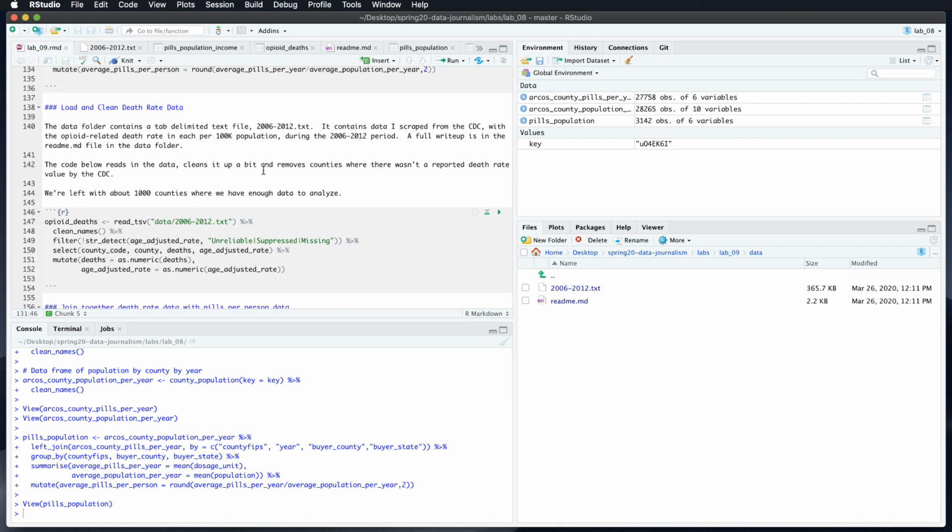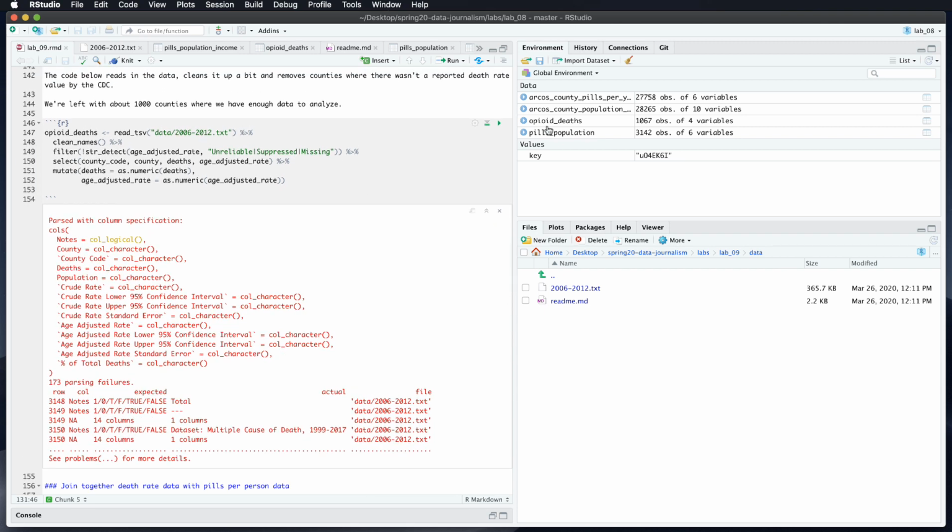So one thing to note about this data is that we actually don't have the opioid-related death rate for every single county in the U.S. Part of that reason is the way the CDC computes those figures from its data set tracking deaths, there may have been too few deaths, and so there are privacy concerns about reporting out that information, or the statistical sampling method they use may be sort of unreliable. So just going to read this in,